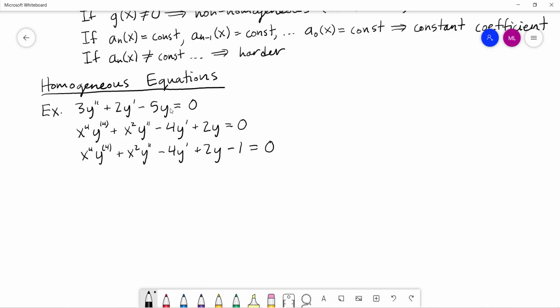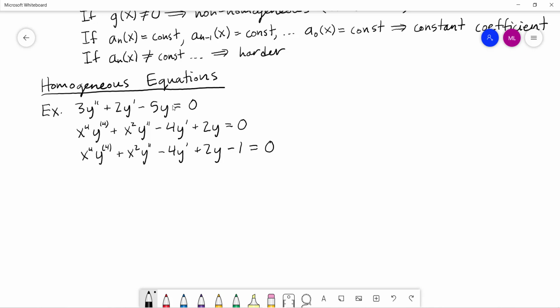This first one, you'll notice, is a constant coefficient. All the coefficients of all the y terms are constants, so this is constant. And there is no right-hand side. And we've got to be careful about just saying right-hand side because, obviously, I could have taken this term and moved it over. But basically, what we do when we write this out,